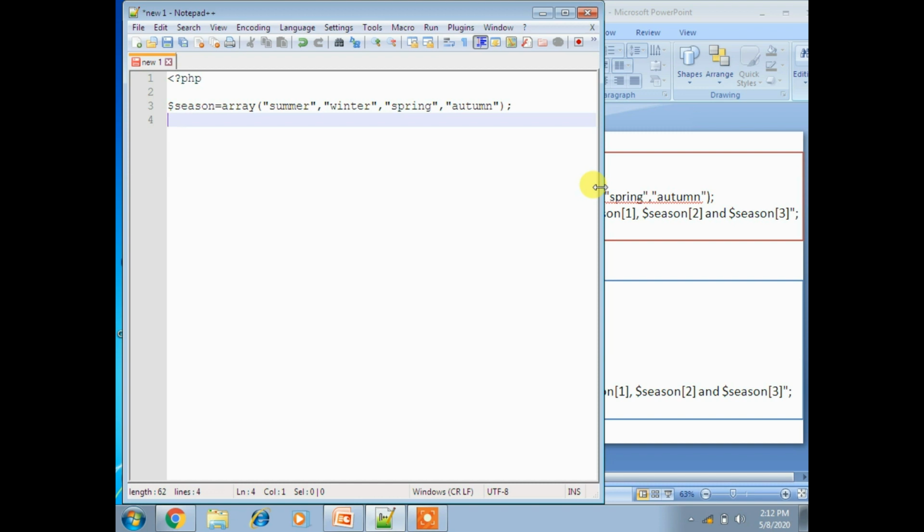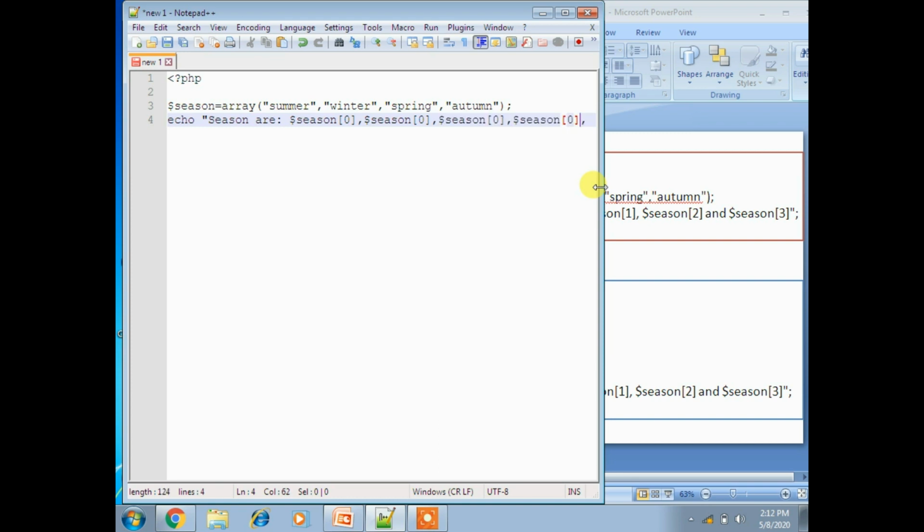Finally, for this program related to the indexed array, I am printing a value, so echo, dollar season, whatever name you wrote there, and provide an index number. Based on how many strings are taken, you have to generate the index numbers.